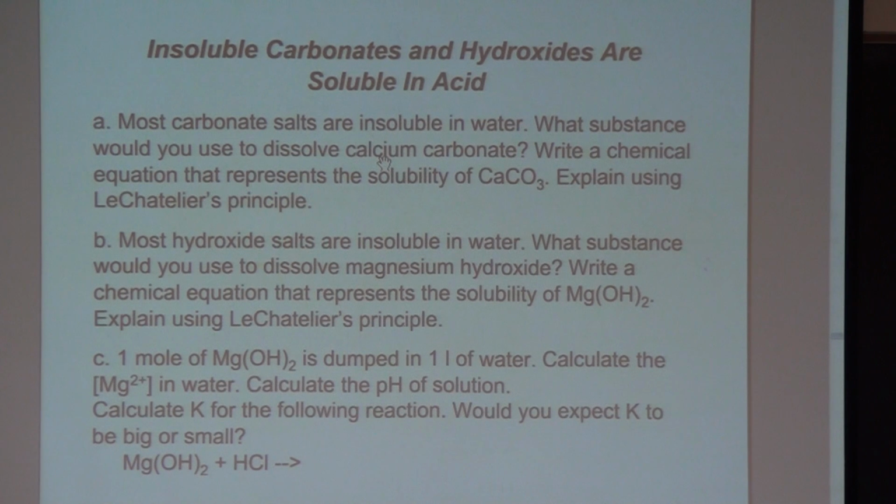Made carbonic acid became water, CO2. Well, what are the reactants? Yes, you're right. Carbonic acid is being produced, CO2 in water, but then what are the reactants which produce the CO2? Hydrochloric acid and